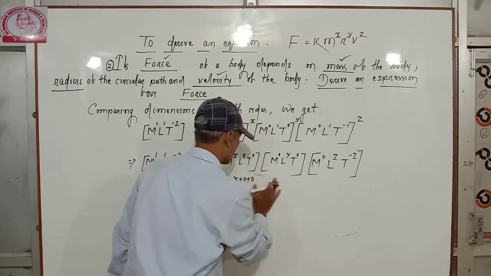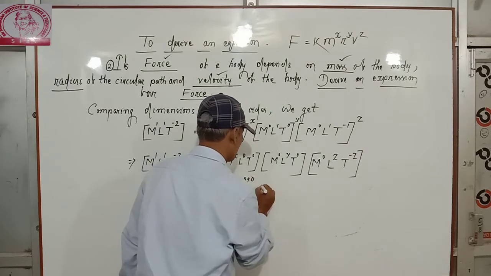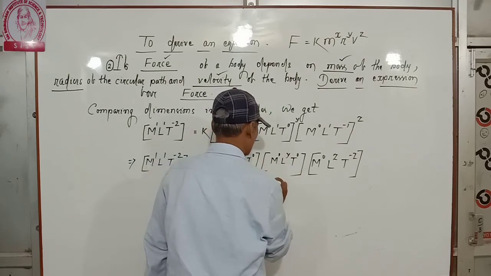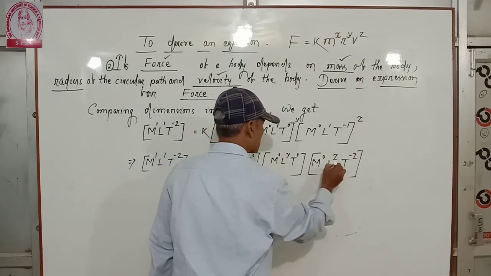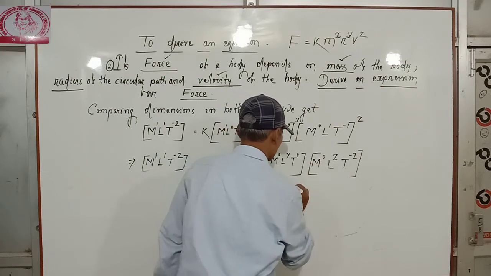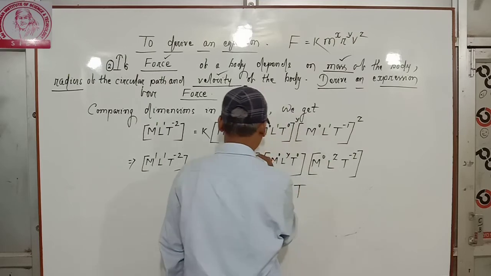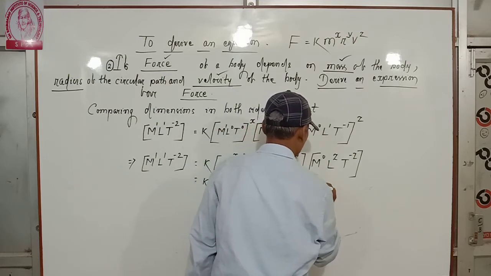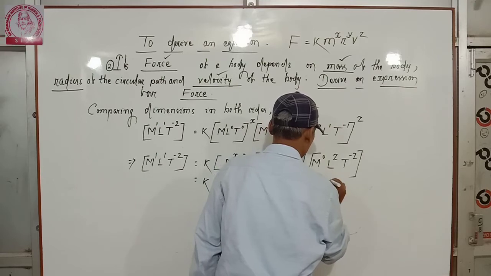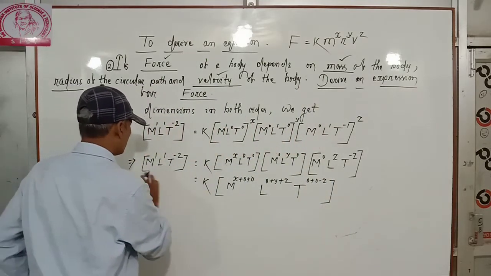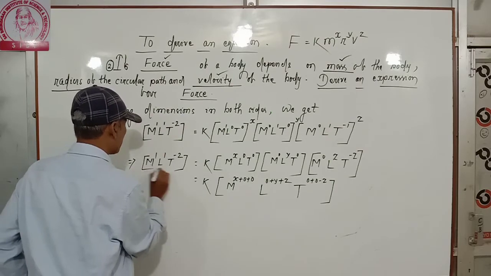Now it is L to the power 0 plus y plus z. Then T to the power 0 plus 0 minus z. Okay. By comparing both the sides,